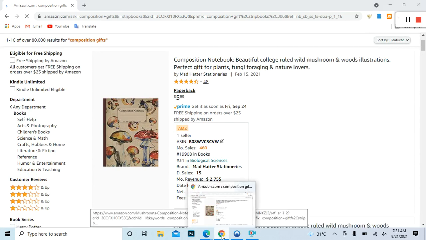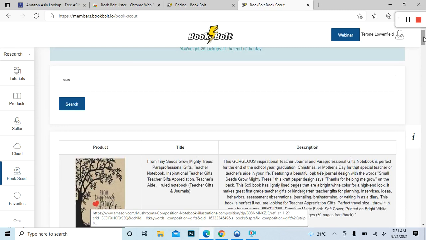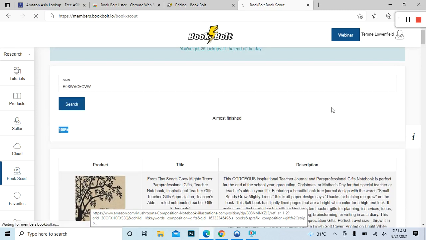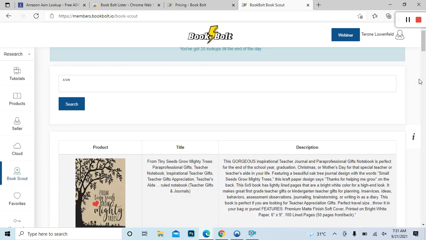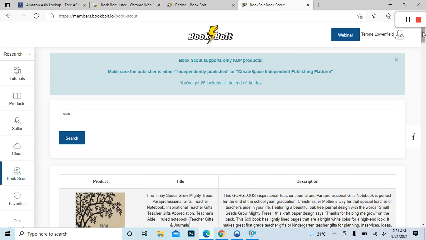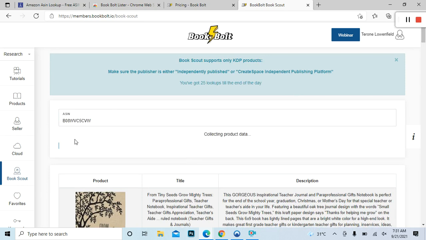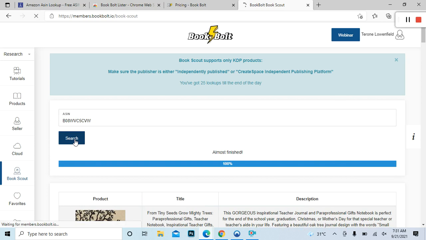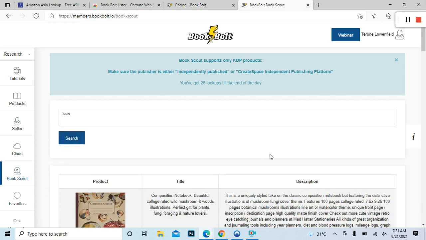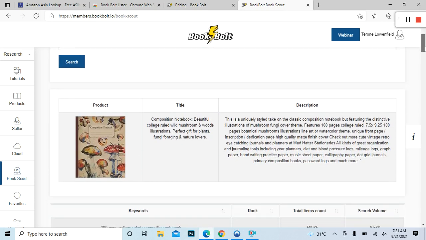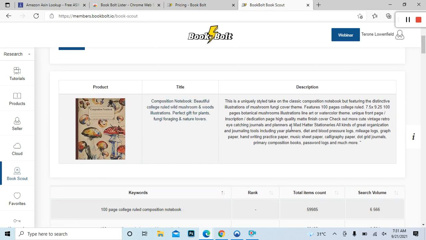Copy the ASM. Let's try this again. All right. So we have the title of the book, we have the description that was used for the book,